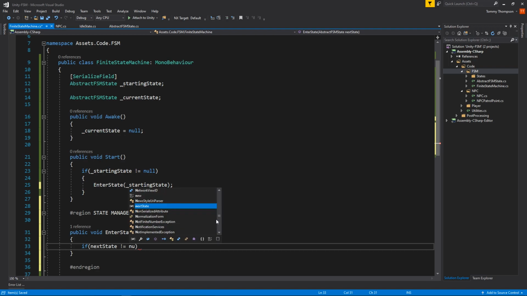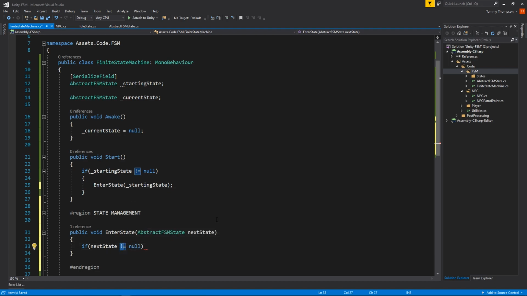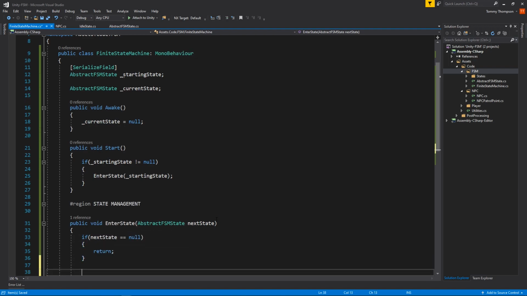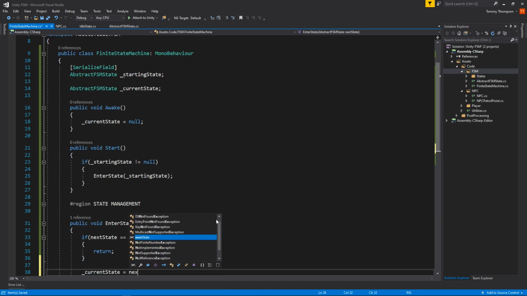If next state, actually, I'm just going to say if it is null, just bomb out of this method. Otherwise, current state equals next state,